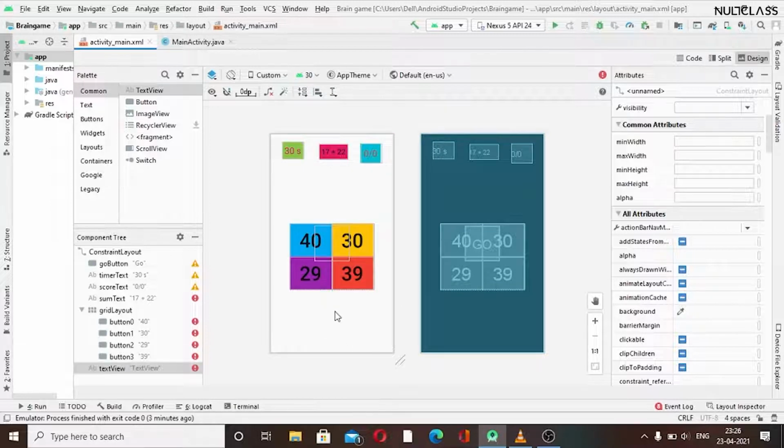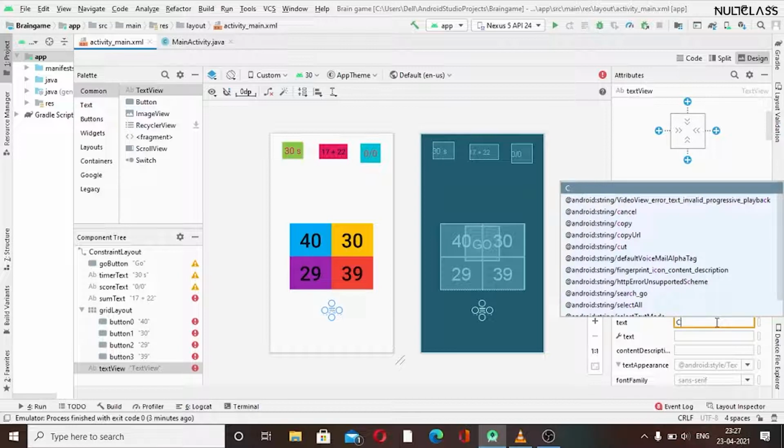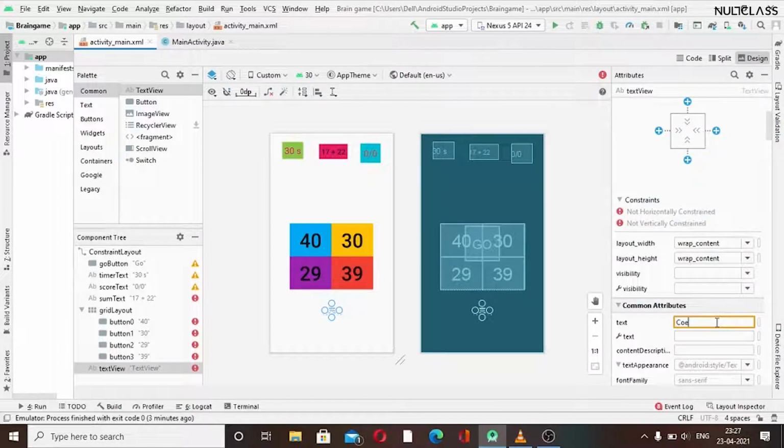We have to just show here correct or incorrect. For the initial text I will write that it's correct. And now we have to set its constraints and other things, so I will quickly do that.